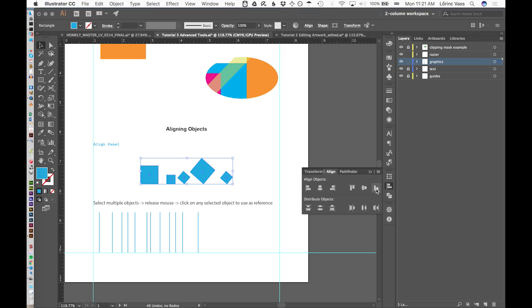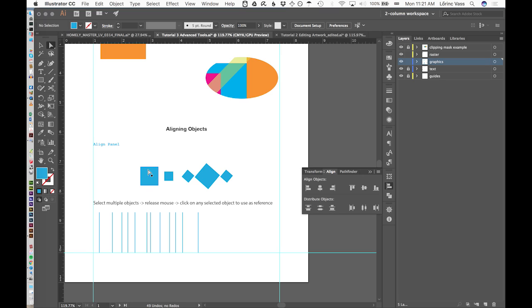So when you have a set of objects, you can really quickly orient them as you want. So I can align all of the bottom edges of these objects, or I can space them equally, or I can align them to their center. And again, just trying each of these out will explain what they do. But I think where it gets really nice with the Align tool is that you